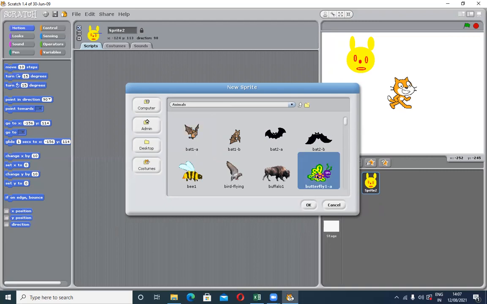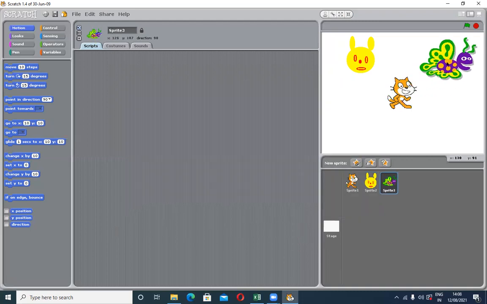I'm choosing any one. Suppose I'm clicking on this butterfly, then the butterfly appears here. Now we have three sprites. Sprite 1 is the default. Sprite 2 we have created in our own way by painting, and sprite 3 we have chosen from the library.